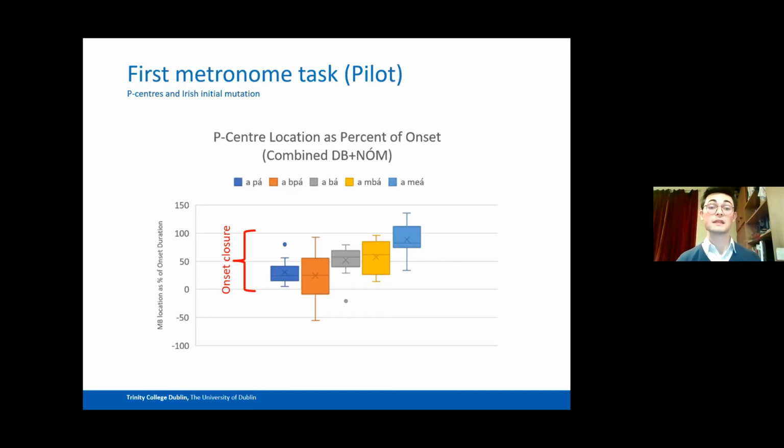Baseline was met, which is to say that expectations from the literature would be that for a syllable with a voiceless stop onset, you'd expect the p-center to be at its earliest, compared to a sonorant onset, where you'd expect the p-center to be at its latest, and a voiced stop onset, in which you'd expect the p-center to be somewhere in the middle of the two. And this is met if you look going left to right, you have an earlier p-center, a middling p-center somewhere in the middle of the closure, and a later p-center, all with relatively normal distributions across the participants. So armed with this and feeling fairly confident, I designed my